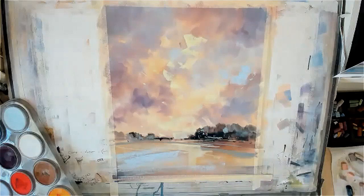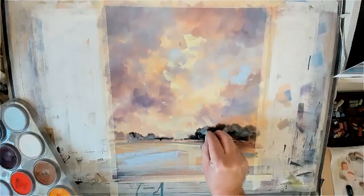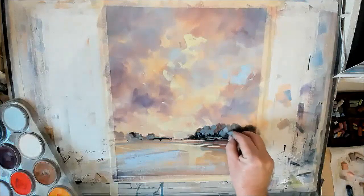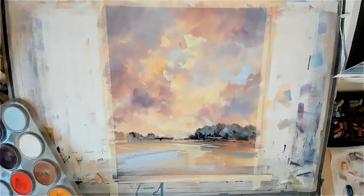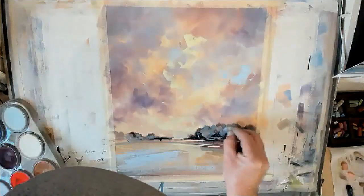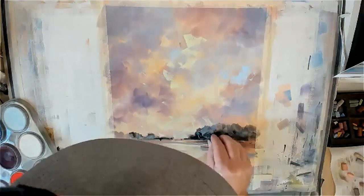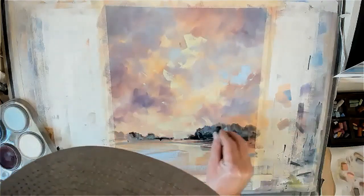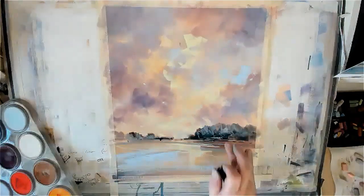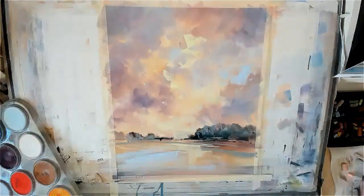Somebody, while you're working there, I'll just say somebody asked about mixing on a glass palette, and I don't recommend that because the palette has no tooth at all. It's super slick, super smooth, so it wouldn't hold the colors for mixing. Interesting, yes. Do you use the colorless blender? I haven't used it very much, to be quite honest with you, so I can't really comment on that. I'd be making things up, and I don't like doing that. So I haven't really used the colorless blender too much, but